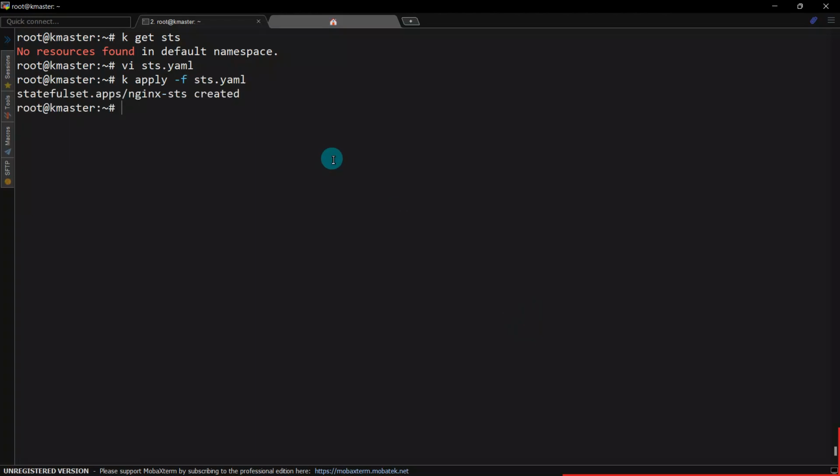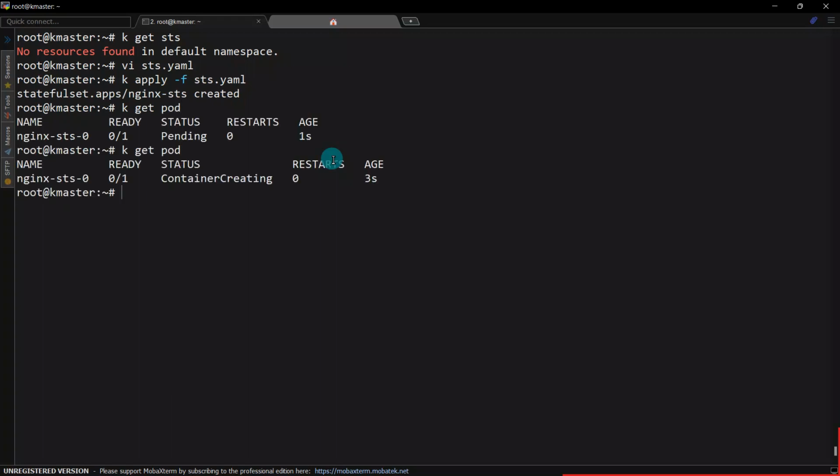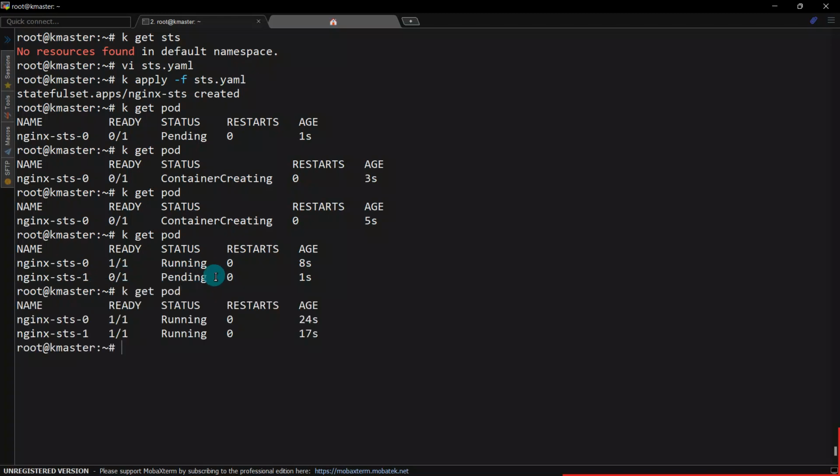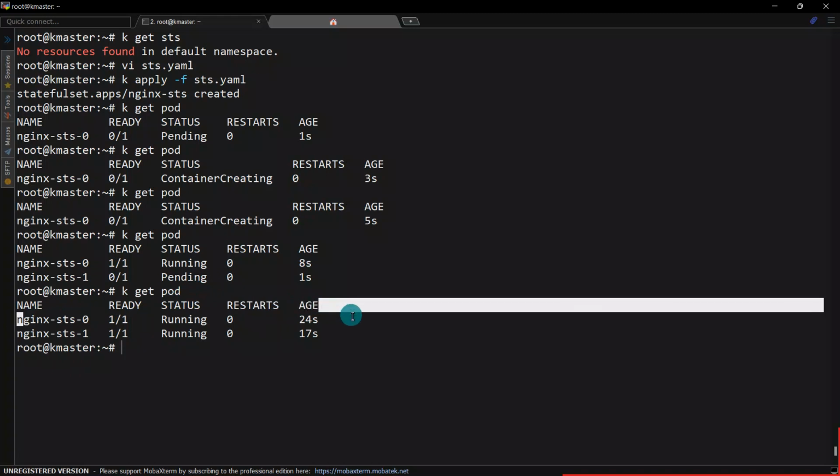sts.yaml. So you can see now only the first pod is getting created. The second pod has not started, and once this first pod came into running, only then the second pod started. Okay, so this is the feature that it provides to us. So it's like creating pods in a sequential manner. Okay, so now both the pods are running,